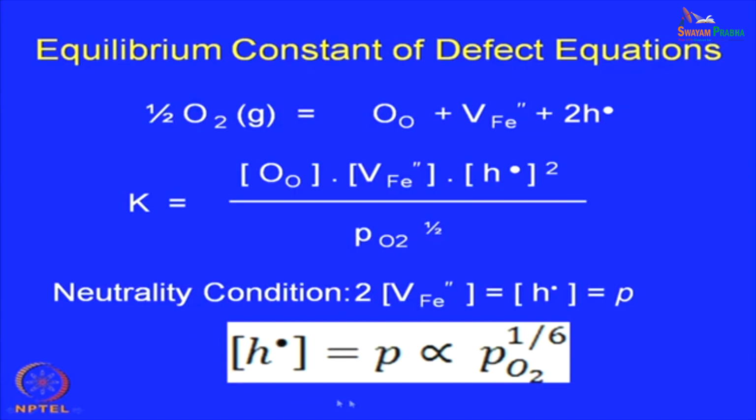So, that is a very important derivation and information that in this kind of oxides the concentration of the holes and also the concentration of this vacancy, because this is related by this, number of holes is equal to twice the number of iron vacancy. So, both the number of holes as well as the iron vacancy is proportional to PO2 to the power 1/6. So, higher is the PO2, higher will be the concentration, and that can be shown here